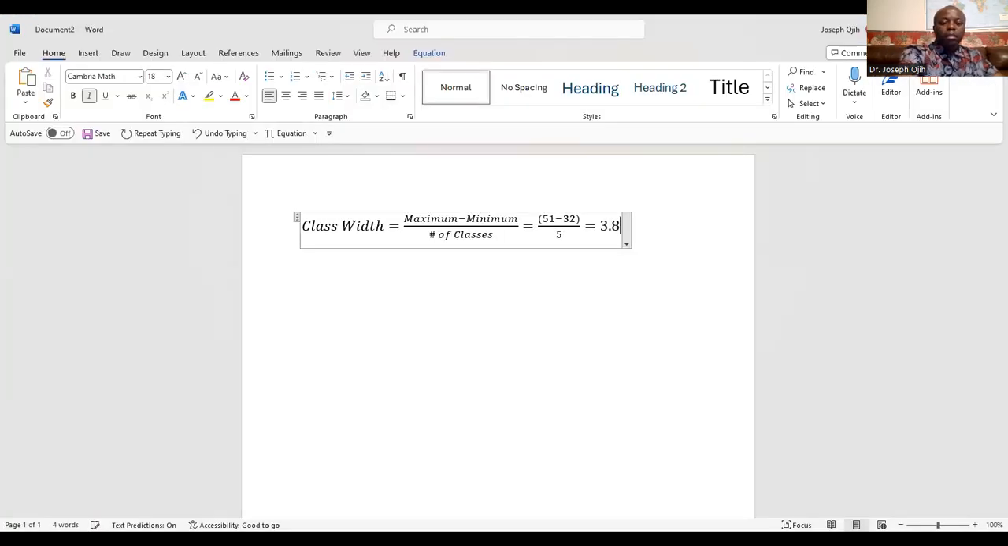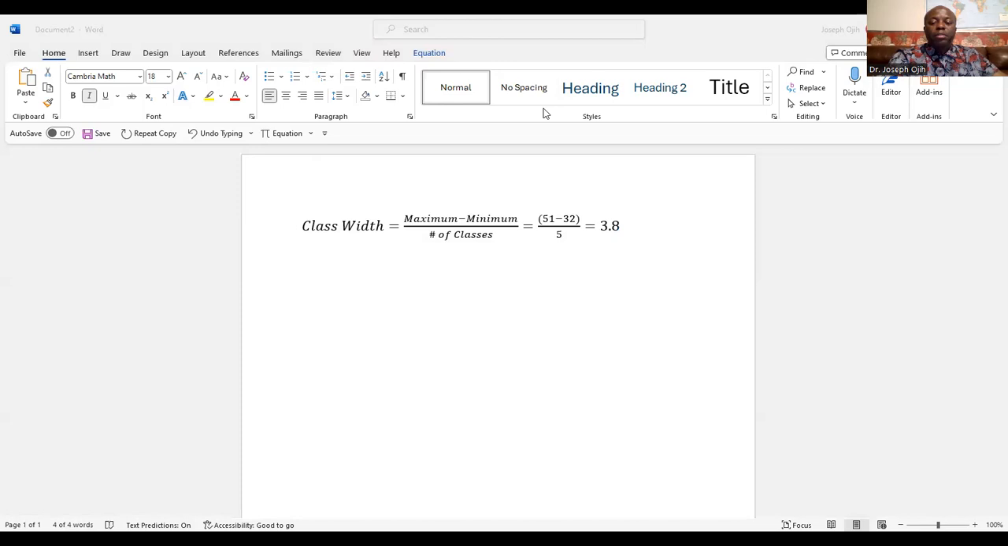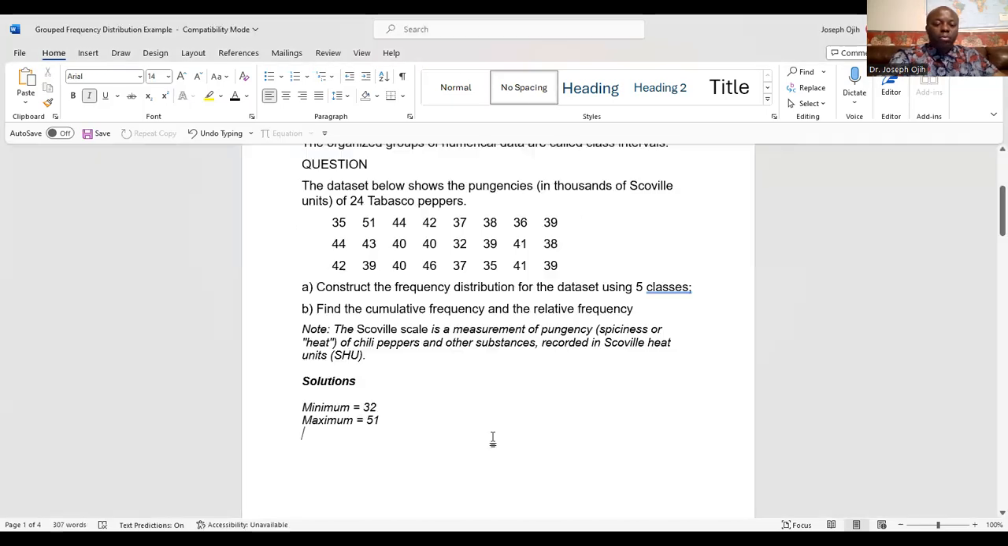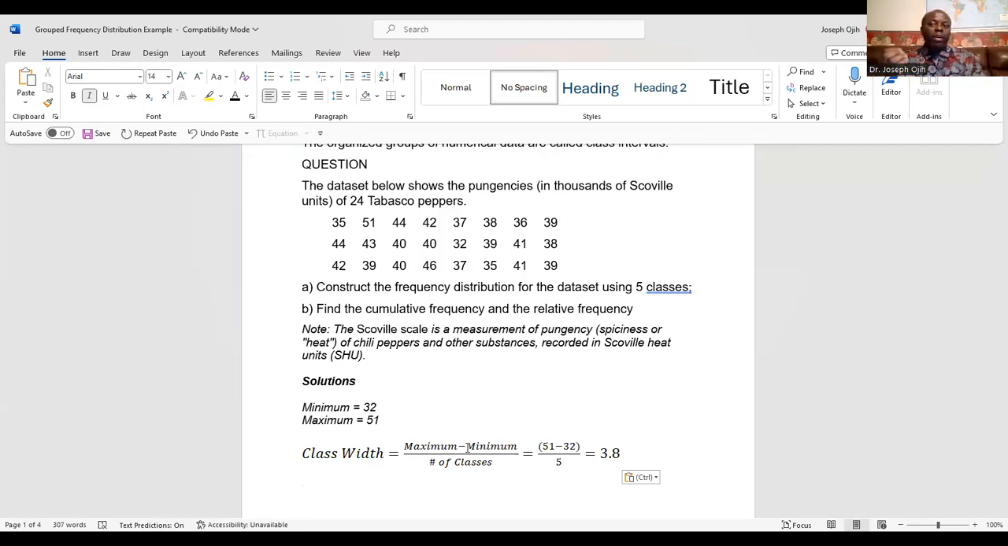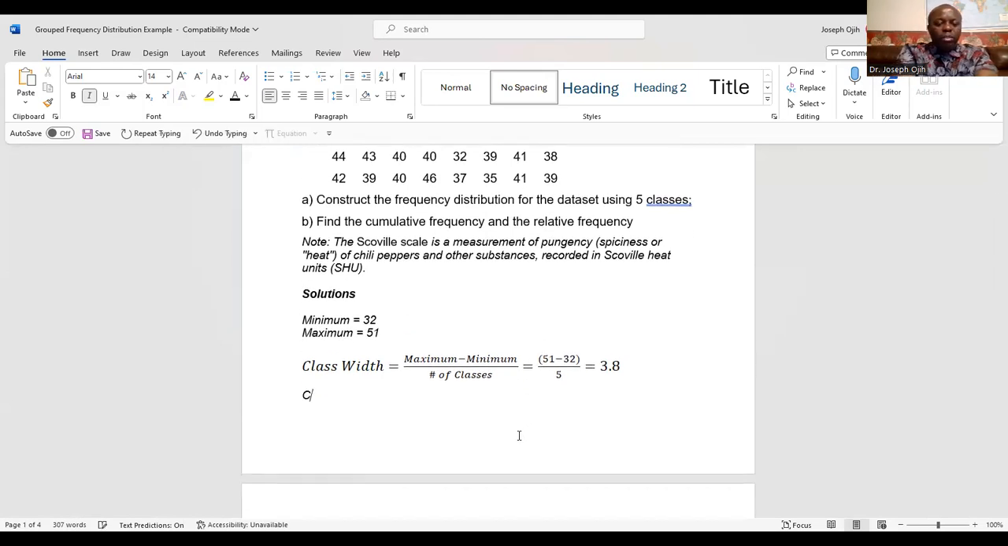3.8. So I'm going to copy the whole thing and put it in our main workbook so that everybody can now follow the steps. So this is it right here. So that's the first step. Know how many numbers you have. Then get the smallest number, largest number, then find the class width. Okay? Now, that means our class width becomes